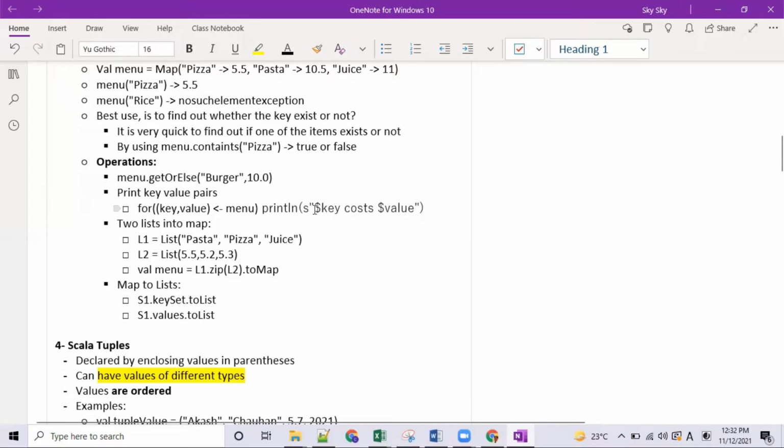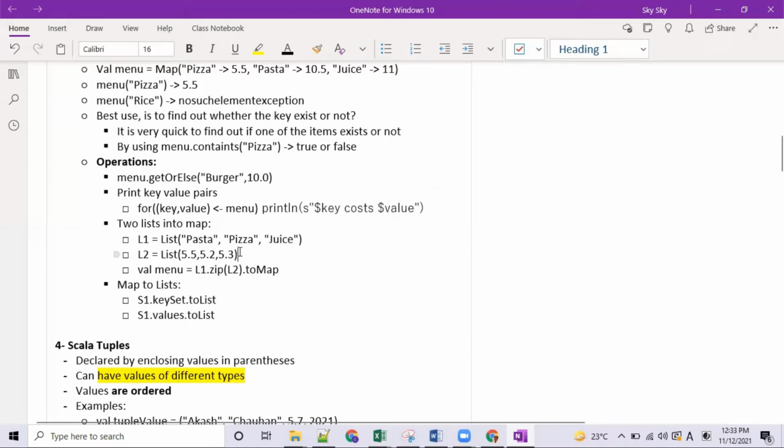As you can see, we are using key as a dollar and cost as a dollar value. It will print all the values like pizza cost 5.5, pasta cost 10.5, and juice cost 11, something like that. So this is how you can use a for loop effectively for a map.